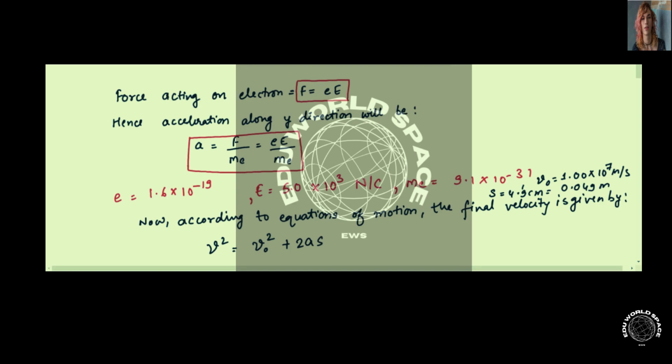In this problem, it is asked: at what angle will the electrons, example 16 of electric charge and electric field, leave the uniform electric field at the end of the parallel plates, that is point P in figure 41. Assume the plates are 4.9 centimeters long. The E value is given to us, the V naught value is given to us, and we have to ignore the fringing of the field.